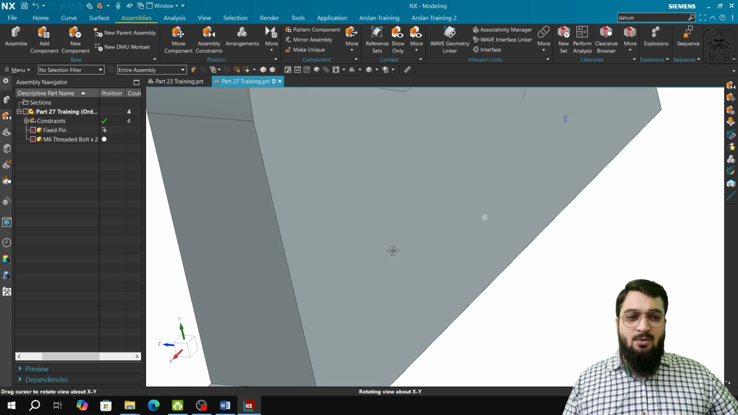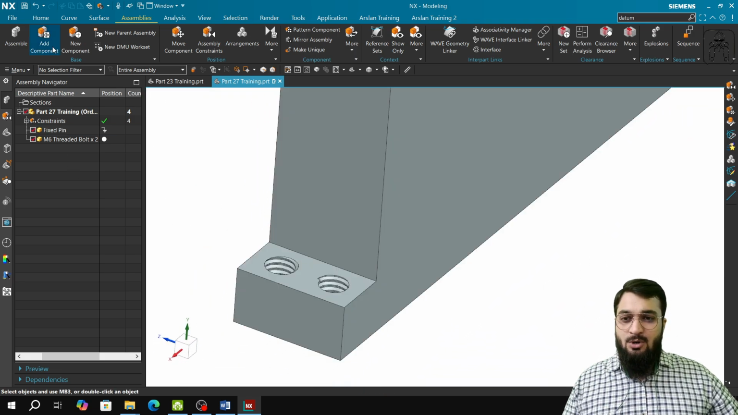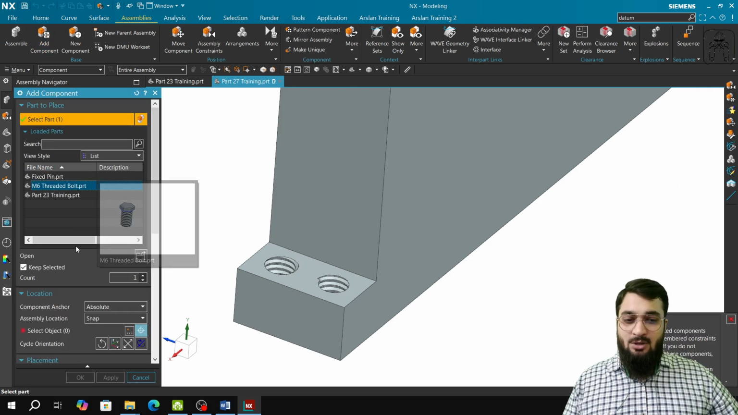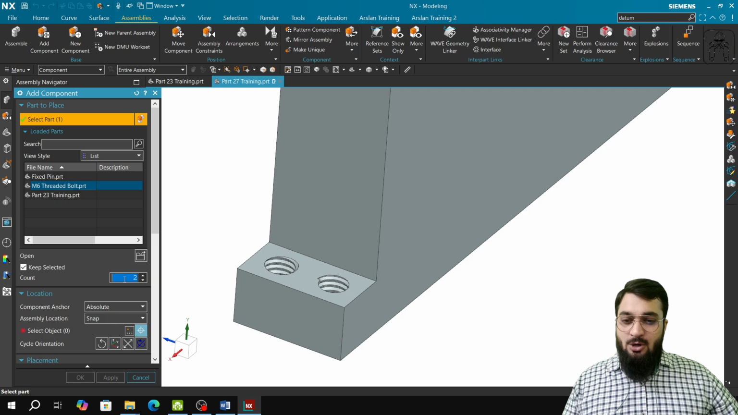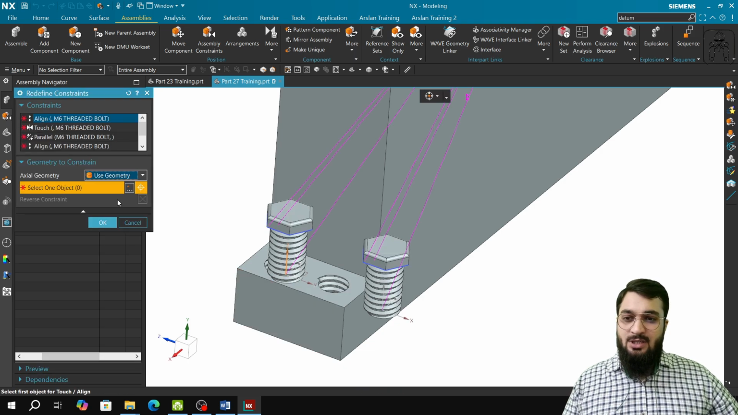Now I want to add both the screws all together. What I will do, I will click on add component. I have the M6 threaded bolt in the loaded part. I will click on the copy section as true. I will select the snap point as over here. After that, I will click on apply, and you see that the constraints are now being shown in the